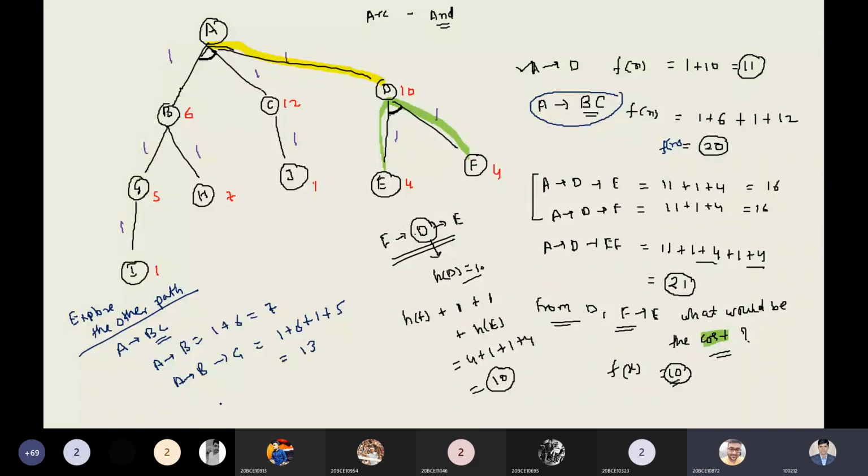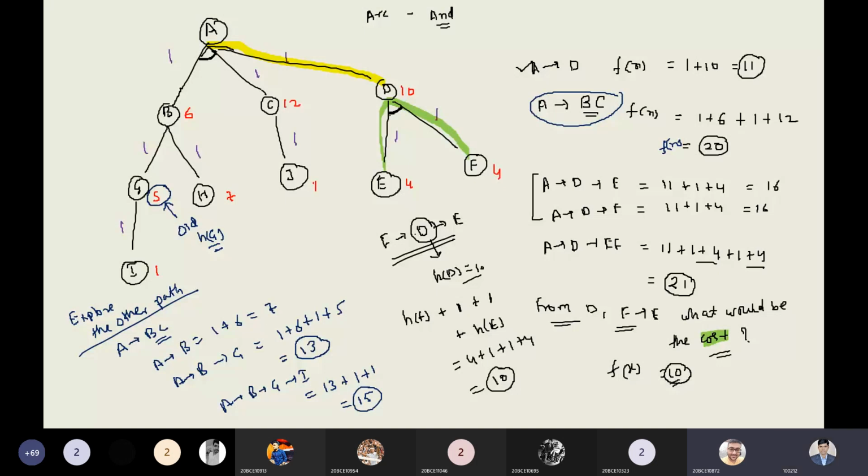And then A to B and then G and then I. So that would be 13 plus 1 plus 1. So that would be 15. So if I'm observing, this 5 is our old HG value. So what would be the new value? So we can say from A to G we are getting 13. Okay. So a total of 13 function cost we are getting from A to G. So can we replace this point? So the total cost will be